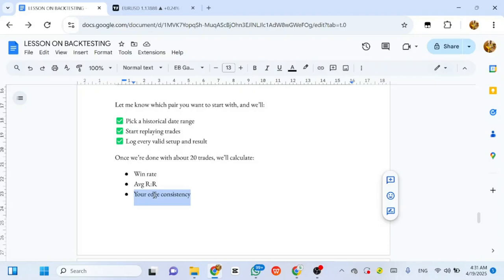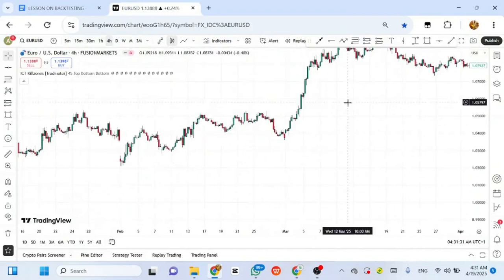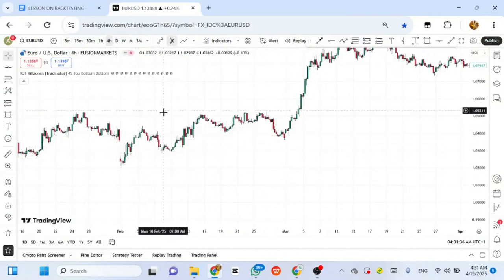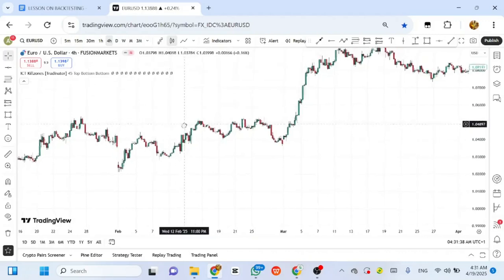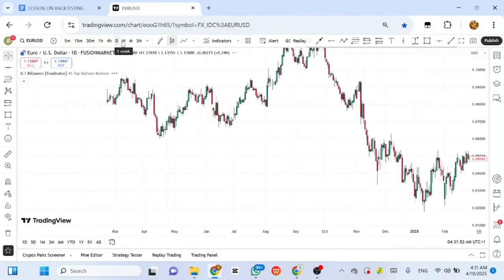With confirmation entry, it would have given us a good risk to reward, and as well would have taken more trades. So now, after doing all of this, you can say, okay, now I want to use confirmation entry, and you do the testing again. That is, you are refining your edge. Your edge is your victory. Your edge is your stronghold. Your edge is everything, because if you say you're a trader, your edge is everything. I'm telling you the truth, so please make sure you are paying attention to your edge.